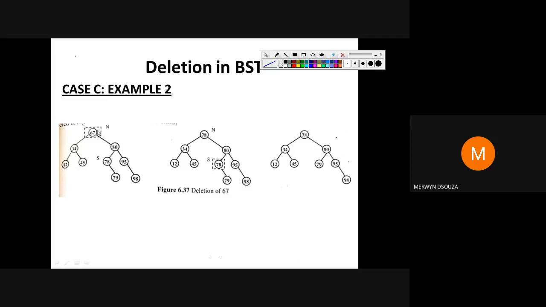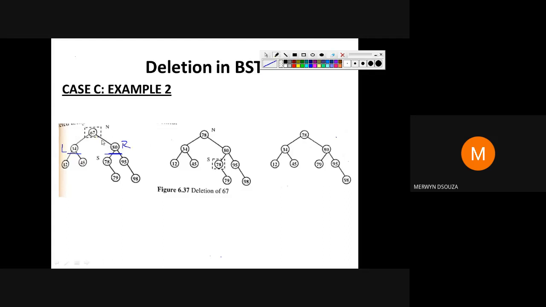So identify which type of case it is. Once you identify, then you have to apply those rules. So now you obviously know that this is case C, because 67 has two children, 34 as the left child and 80 as the right child. It has many descendants, but we are not interested in the descendants of 67. We want the immediate nodes, left child and right child.